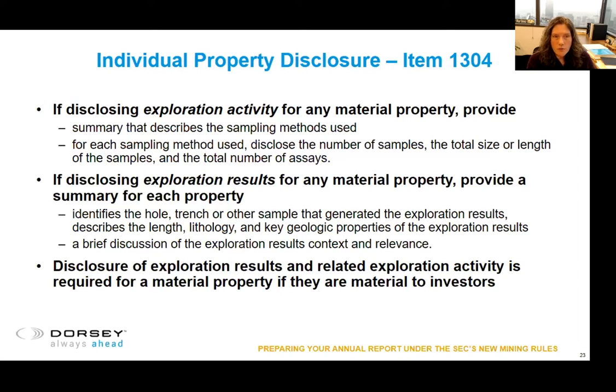But if you are disclosing exploration activity for a material property, because again, this is part of the individual property disclosure, you need to provide a summary for each sampling method used, talk about the number of samples, length of the samples, total number of assays, et cetera. So you do need to provide a certain level of detail in here